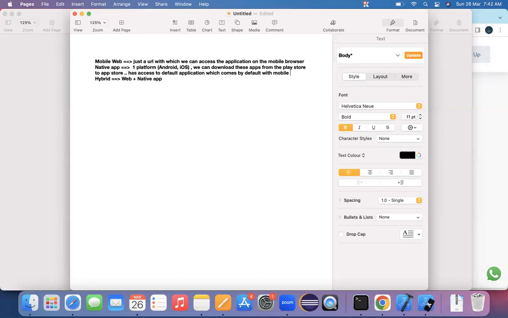Whenever I purchase a mobile, by default my mobile has a camera functionality inside it. If an application is using that particular feature depending on a need, the application is accessing the system applications. The default applications, we can also call them system applications, which come by default with our system itself.